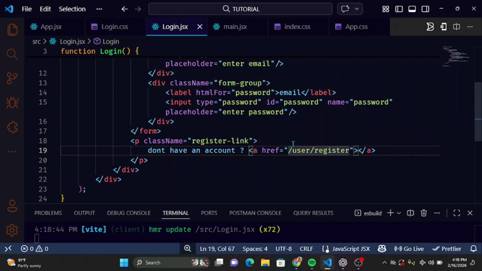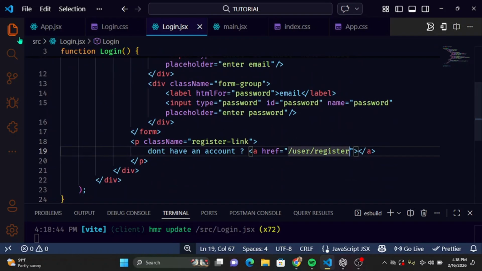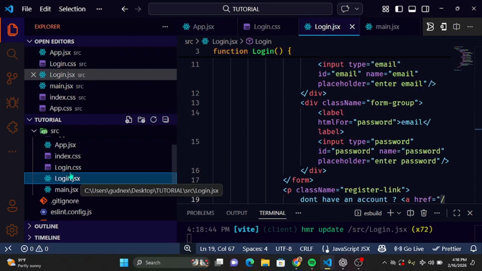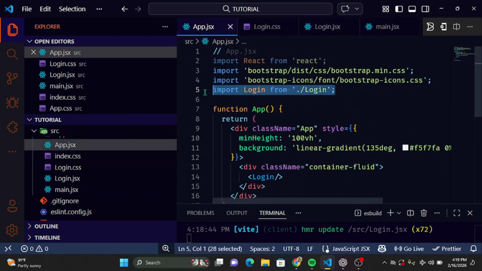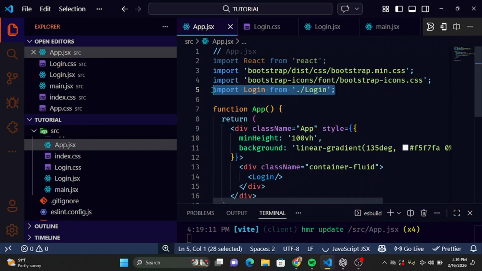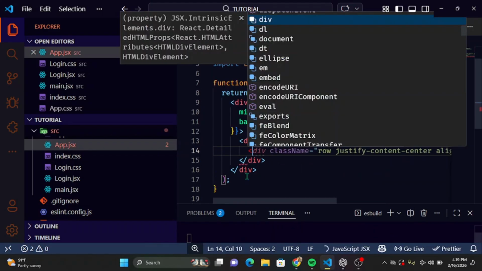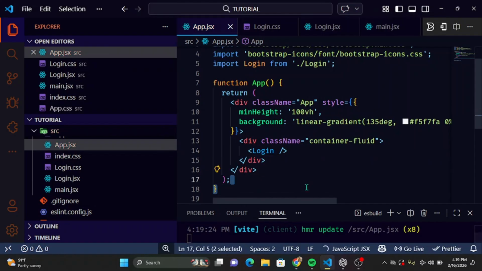So having done that, now let's quickly check out how this looks in the browser. But mind you, this is a component, so I need to import it into my app.jsx. So how do you import it? You can now say import, login, the name of the component. You hit enter. Automatically, VS Code helps you to complete that, and you now use it right inside here. You could just call the component, which is login. So we'll close that like this. So when we now go to the browser and reload this,